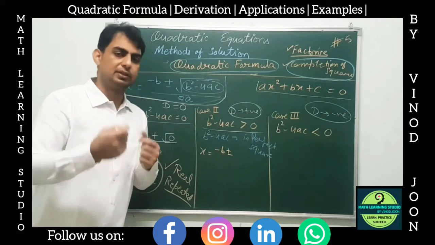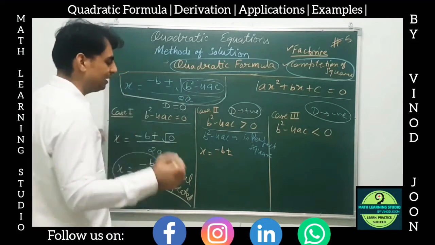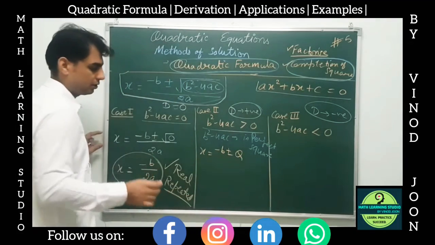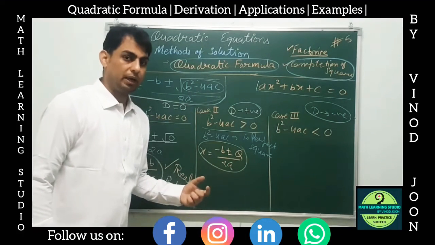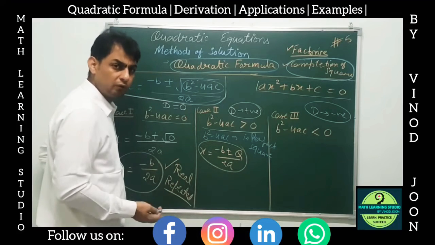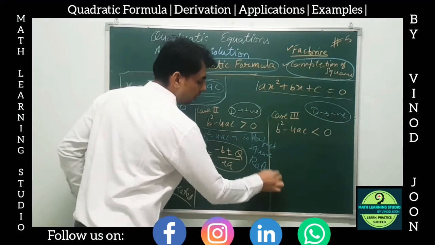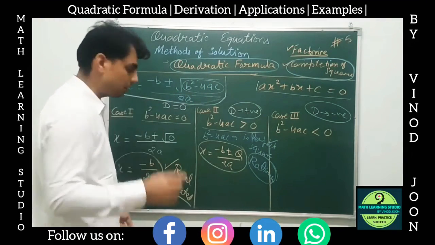Rational number means, yes, we all know p by q form numbers where q is not equal to 0, right? So rational. So I'll write only Q here. Q is the symbol for rational numbers by 2a. So in this condition, what happens is we will get the roots or the zeros or the values of x as rational numbers. Okay. When D is a perfect square, we get the values of x as rational numbers.